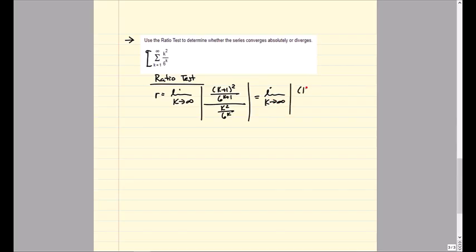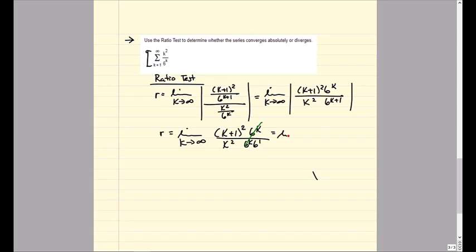So when you divide by a fraction, you multiply by the reciprocal, so that 6 to the k will come up. And then I also have 6 to the k plus 1, and then I have k squared as well. So simplifying further, I have the limit as k approaches infinity, and now I can clearly see that I'm going to have all positive values here, so I'm going to drop that. So I'm going to have (k plus 1) quantity squared, 6 to the k, and then the denominator k squared, and then 6 to the k plus 1 is 6 to the k times 6 to the first, because when you multiply like bases, you add exponents. So simplifying just a little bit further,